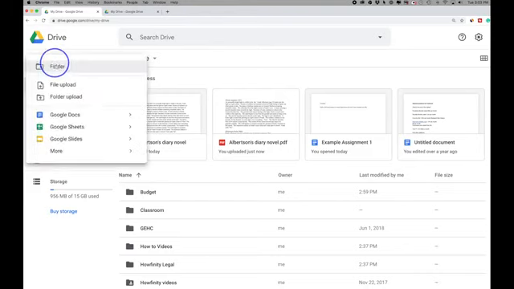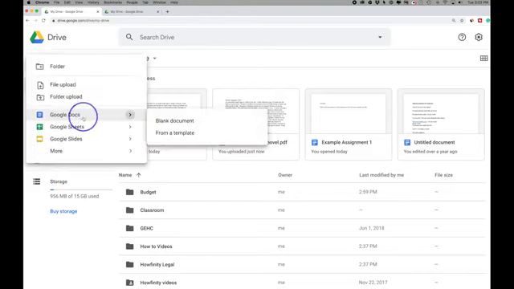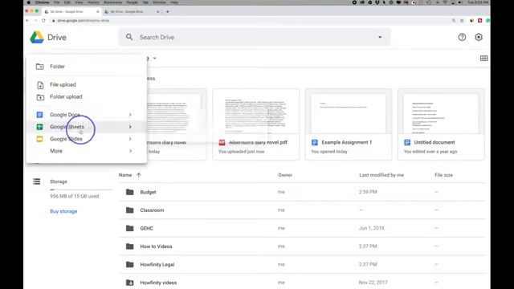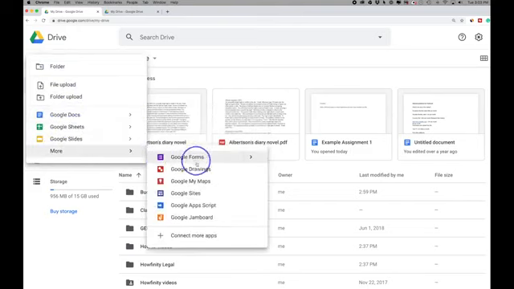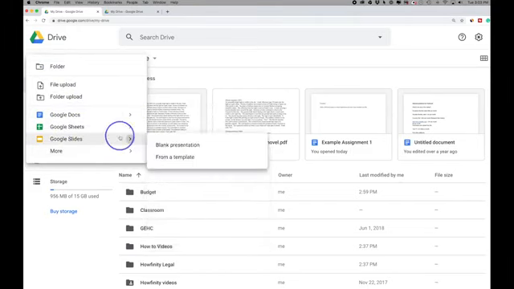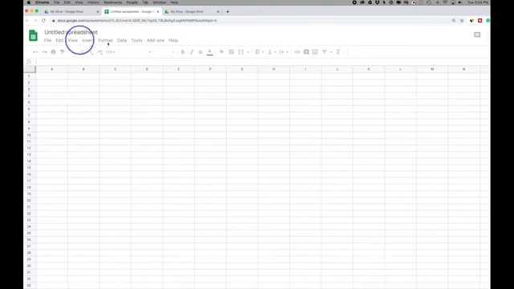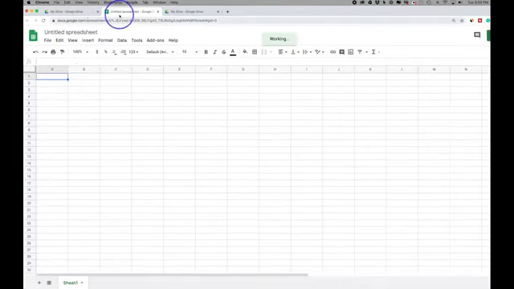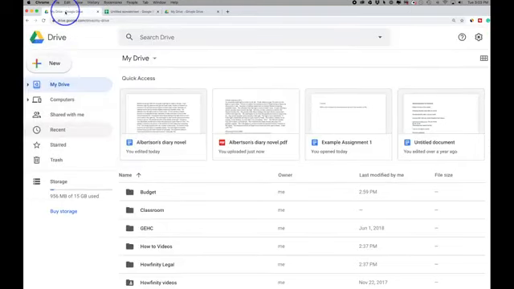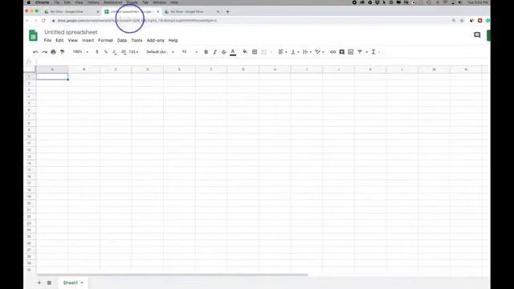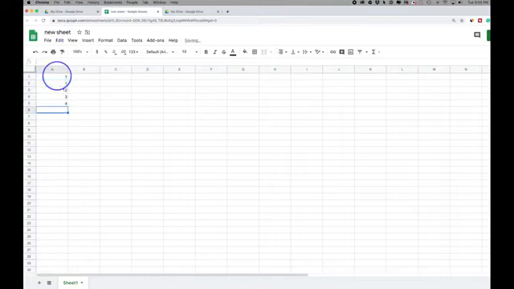Then let's go back to New. And this is how you would create documents. Now, if you create a Google Doc, a Google Sheet, Google Slide, Google Form, any number of these Google products, it will by default go inside of your Google Drive. So here I just click Google Sheet and you open Google Sheet. And don't worry, the other tab is still open. You could still come back to it and you're in the same place. This just opens a new tab for you. But if you just create a new sheet here and type in some data here, I could always go ahead and move it to my Google